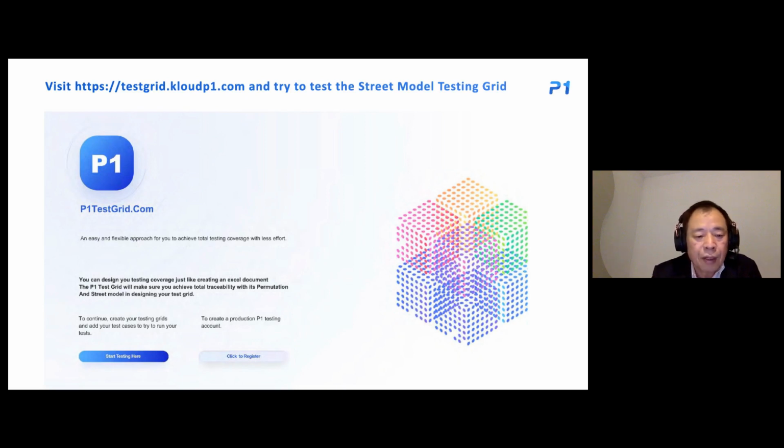So yeah, okay, great. What is your understanding of the street model test grid? I hope this topic sounds interesting to you guys. Do you think it's just another method of the permutation test grid, or is the answer B? Just want to know the answer. So now